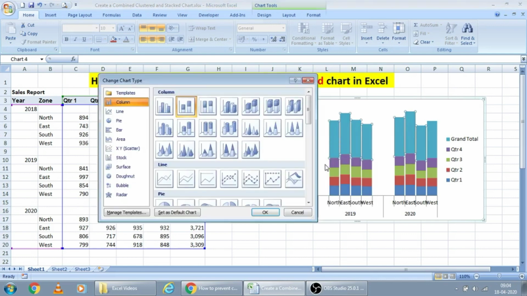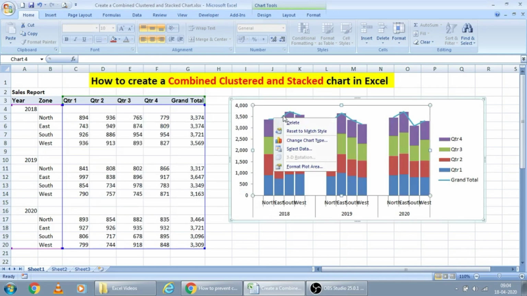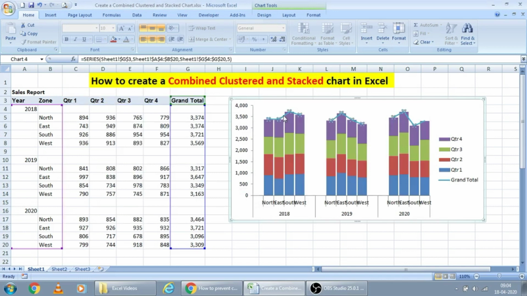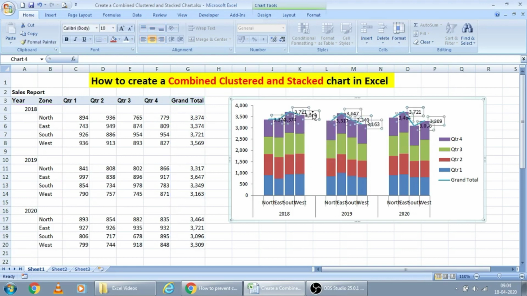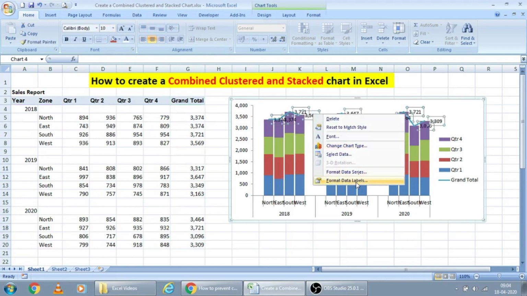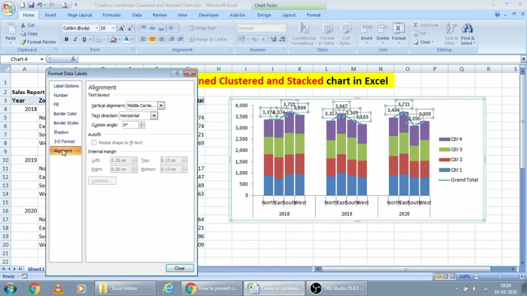Change series chart type, select line chart, OK, and create labels for the line chart. Add data labels and format them, showing them above the line. It looks somewhat clumsy, so I am changing the alignment to vertical.